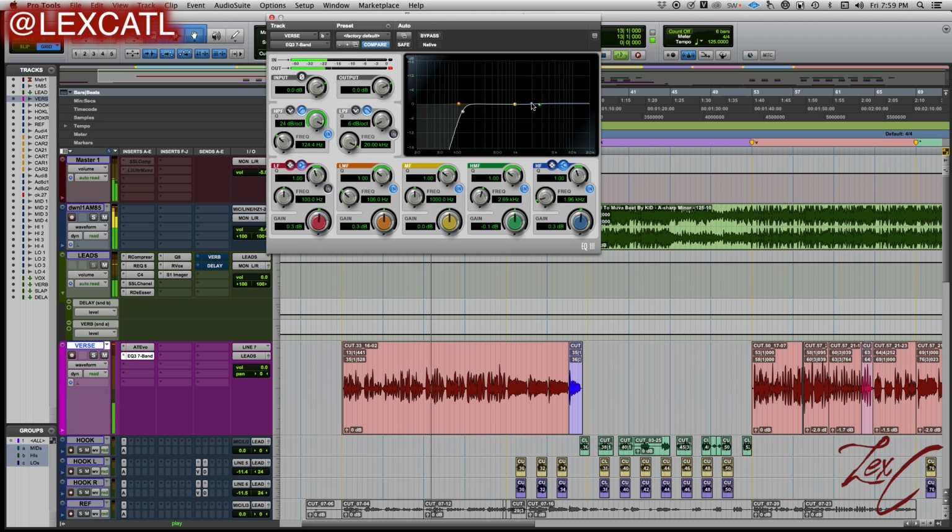So to me, it's just really annoying when the high frequency is turned up that much. And it might sound clear, but it's just a feeling that you'll get from your songs as well. Like if something doesn't feel right, then that could be another reason to affect the EQ on it. So that's brightness. So you noticed when I actually brought this down, how much more muddy it made